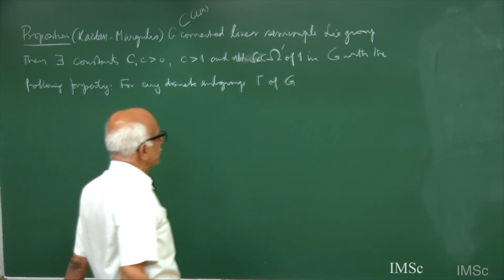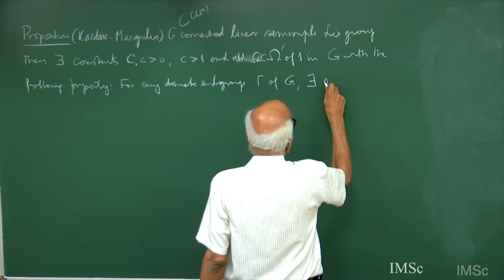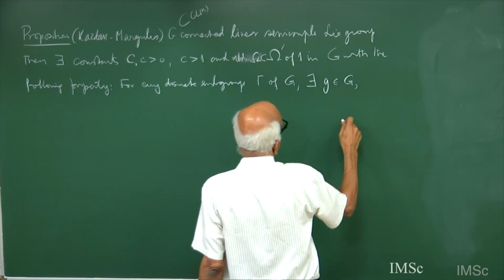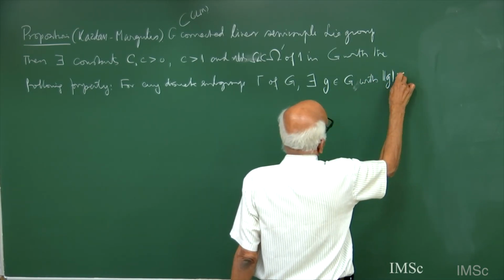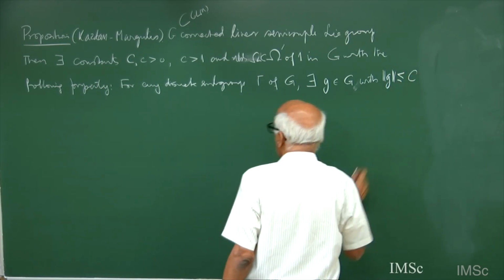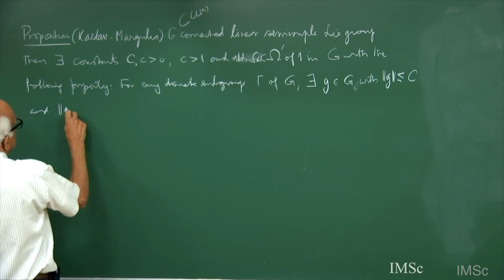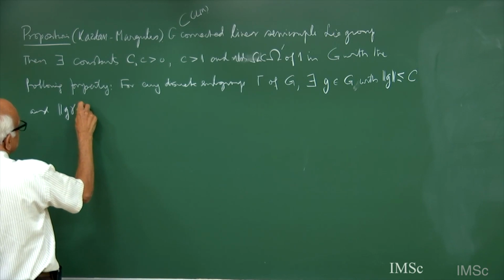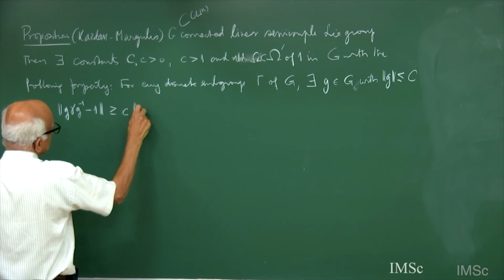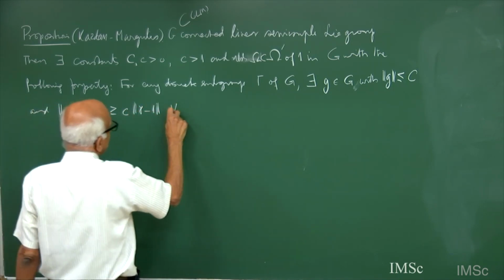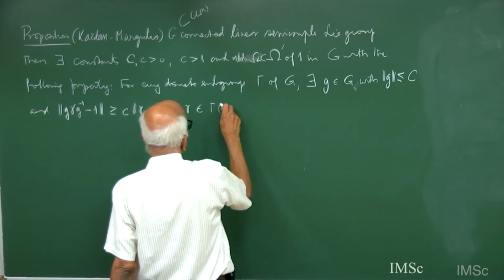For any discrete subgroup gamma of G, there exists g in G with norm g less than or equal to C, and norm of g gamma g inverse minus 1 is greater than c times norm gamma minus 1 for every gamma in gamma intersection omega,